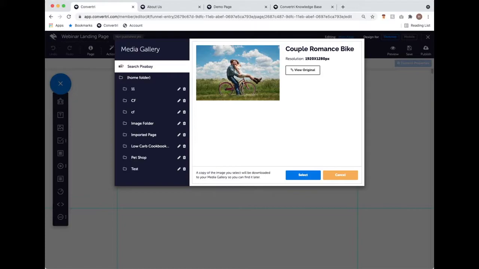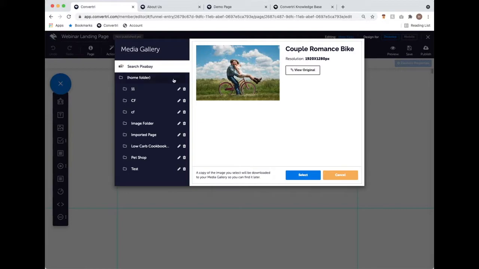But I'm actually not going to use that today, and that is for one little reason, and that is this resolution right here. The resolution for this image is the highest that Pixabay will go. Pretty much all Pixabay images will be this high resolution, so 1920 by 1280. And don't get me wrong, that's pretty good. That kind of resolution is not going to be noticeable on your page as grainy or anything like that. But I know that Convertri is really fast loading, but also can really handle a higher image resolution and still maintain its fast load. So as much as I love this image, I'm actually going to go with an image